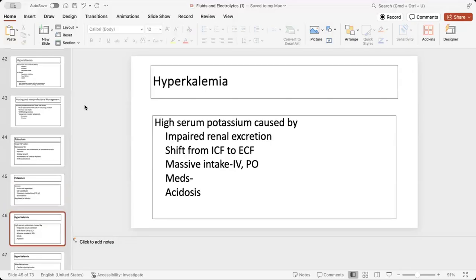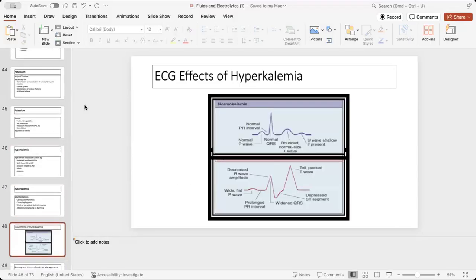Potassium is regulated by the kidneys. What happens when our potassium is high? Cardiac, right? Think cardiac when it comes to potassium. We're going to have peaked T waves, flat or inverted T waves, and wide QRS. So if we ever have a patient who has hypokalemia or hyperkalemia, what should we have them on? Telemetry, right? We need cardiac monitoring. We need to monitor that first.